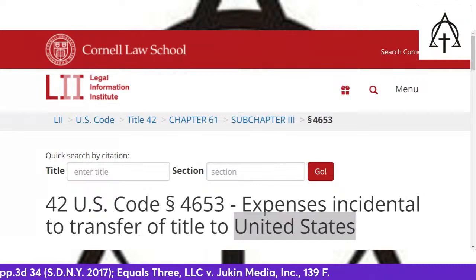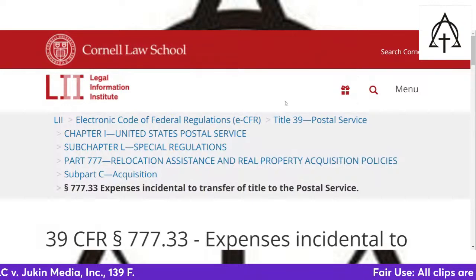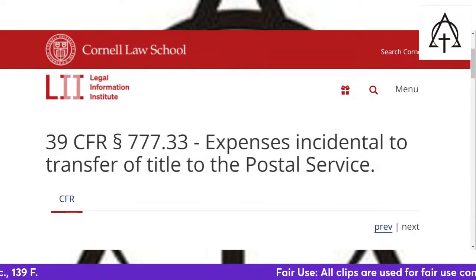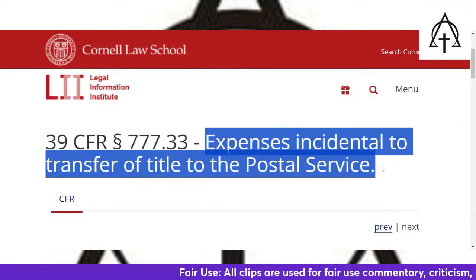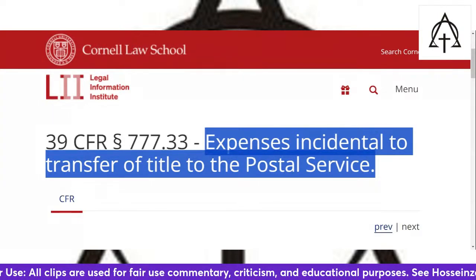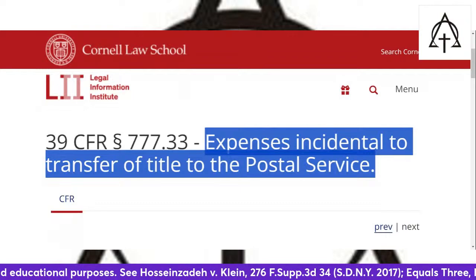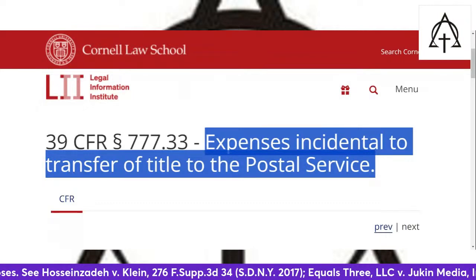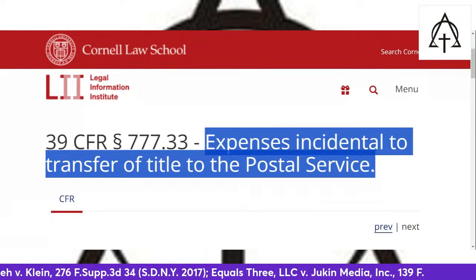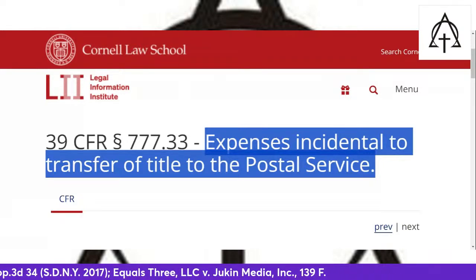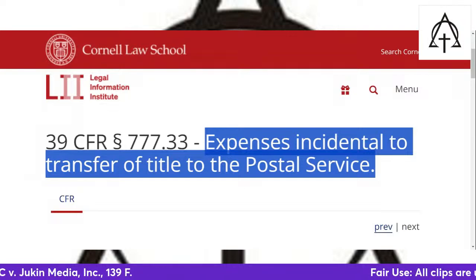Okay, incidental, go ahead. That incidental transfer, again, like I said, leads to the next one. Expenses incidental to transfer the title to the Postal Service. They're the ones that are supposed to hold that title. They're the ones tied directly to the general ledger. The Social Security, disability, or supplemental income is all administrative. It's not executive. You have the ability to make the executive decision to settle and to control and settle the accounts. And that includes the transfer of the title.